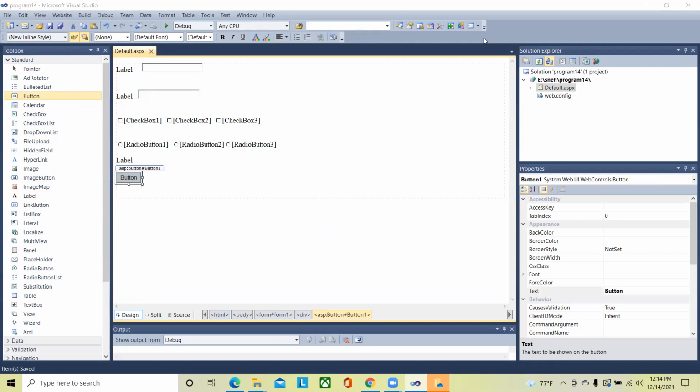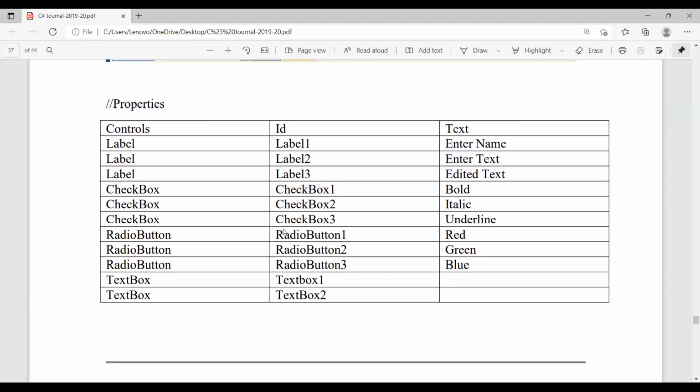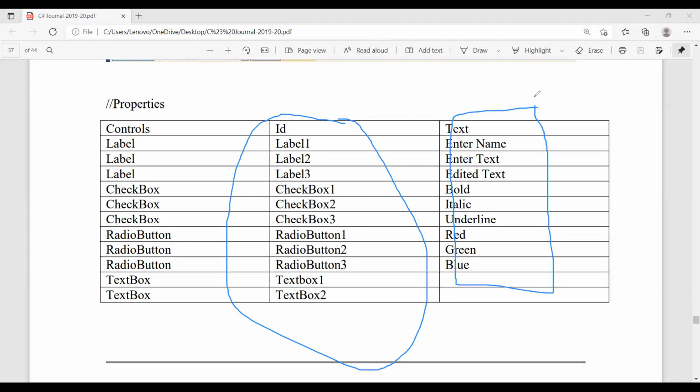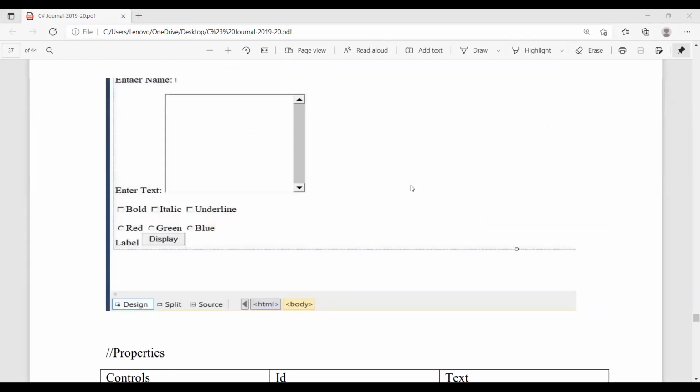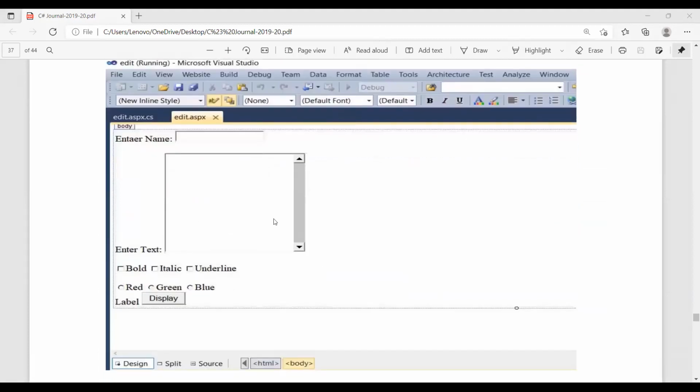Now let us go back to this property window, students. So according to this window, you have to set the properties for each of the tools, right? So all IDs, if you can see here, I have kept all the IDs as default. So we don't want to set any ID in this program. Keep all IDs as it is, right? Then we want to set the text, whatever text you can see that we have to set here, okay? All right, see. So this is the designing part which we just did, right? And now I will tell you how to set the properties, okay? Let us go back to Visual Studio, and here let us see how to work with it.